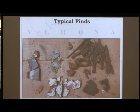So about that time, I was finding things that most people would call trash. There's a whole bunch of square nails here, broken china, some pottery, broken glass, and this is actually pieces of slate and a button. This is the kind of stuff I was finding, but